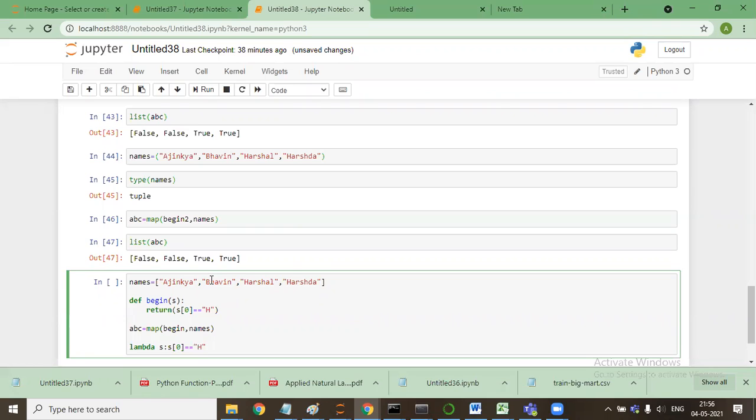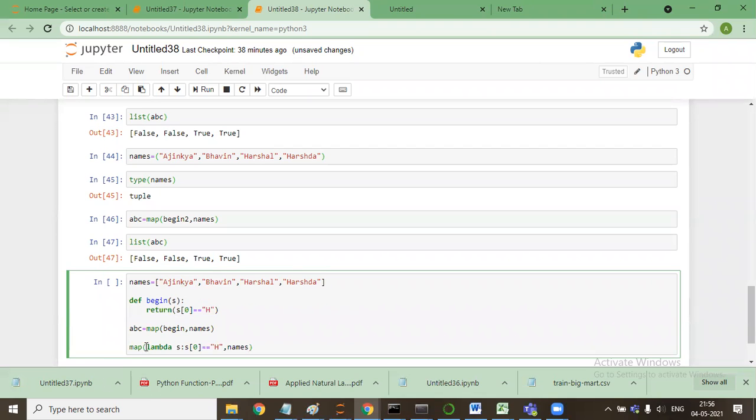Okay, and what I'll say here is map this function on names. So now this function, which was earlier being written like this,